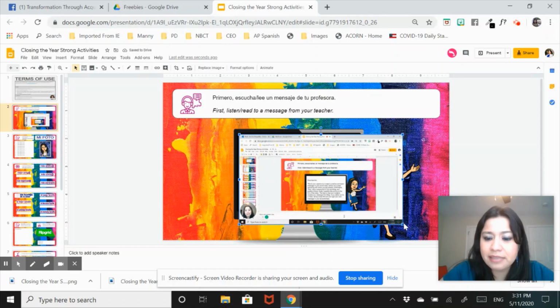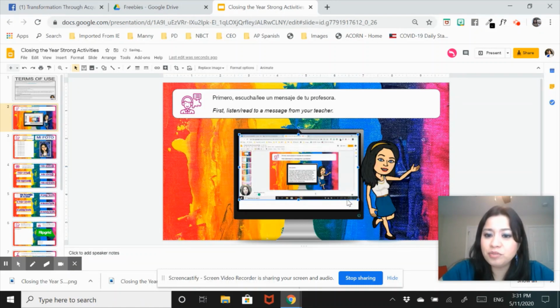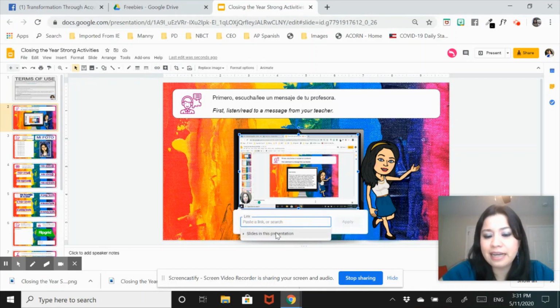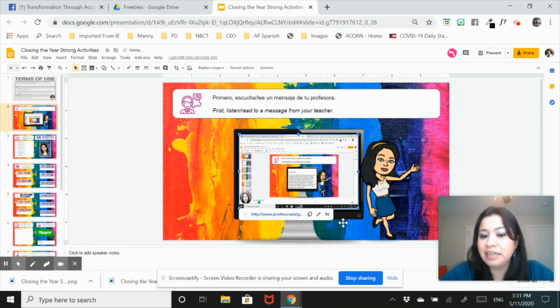And then basically, once I'm done using recording tools such as Loom or Screencastify, which is what I'm using right now, it will give you a link. What you can do is make sure the picture is selected and go right here. I obviously don't have the link for the presentation yet, so I'm just going to put my blog's page, profesoradelgadillo.com. But you will put whatever link Screencastify gave you to access the video that you're going to create